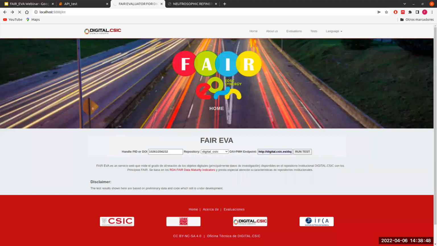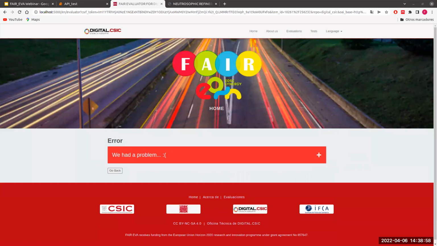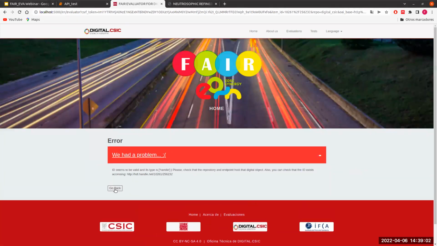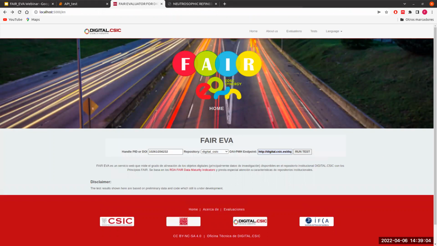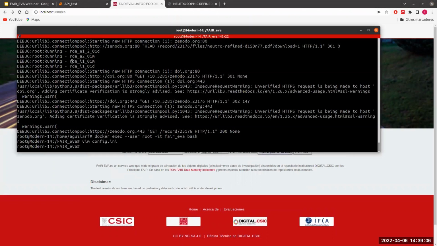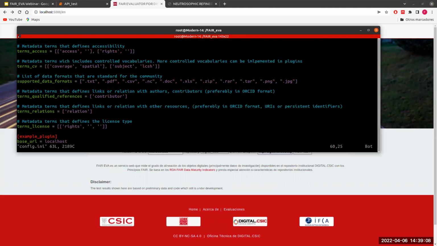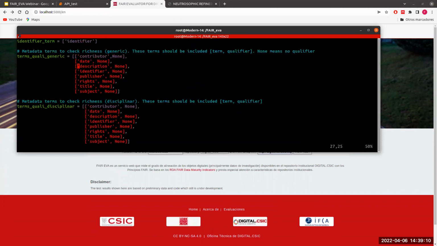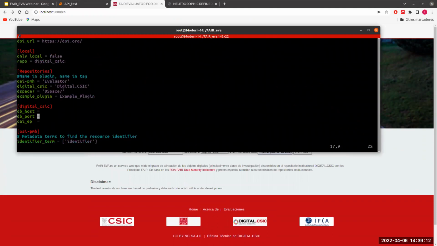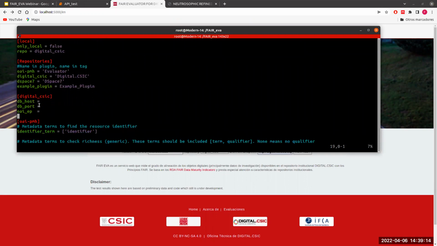And if we go to the Digital CSIC section, we will see that the configuration is not filled. So we will get an error, but we can try to do it again, configuring properly the section of Digital CSIC. If we check here, we see that basically Digital CSIC is blank.